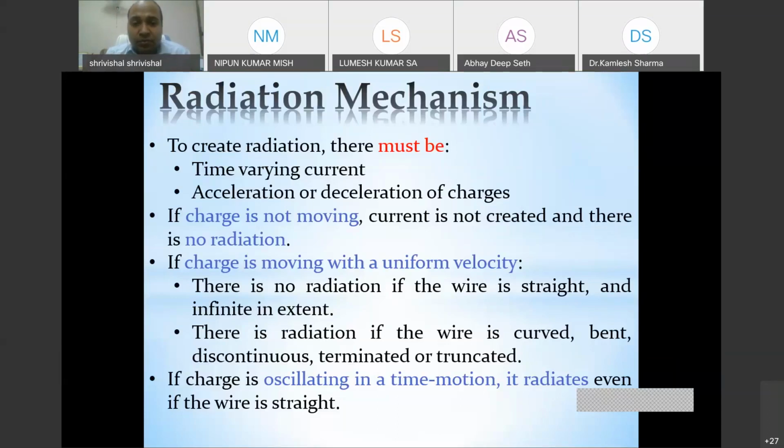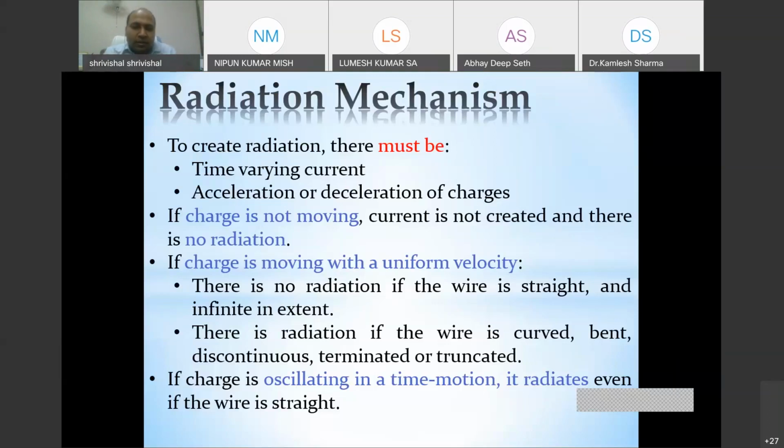Even if the charge is moving with a uniform velocity, there are two further categories. There is no radiation if the wire is straight and infinite in extent. There is radiation if the wire is curved, bent, discontinuous, terminated or truncated. So all this is related to the